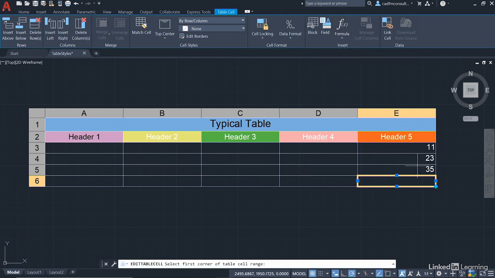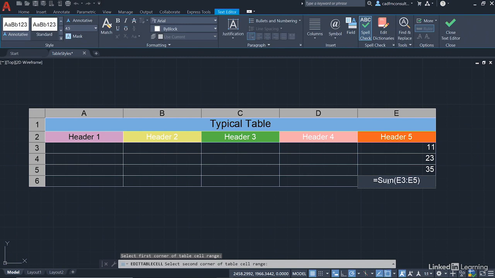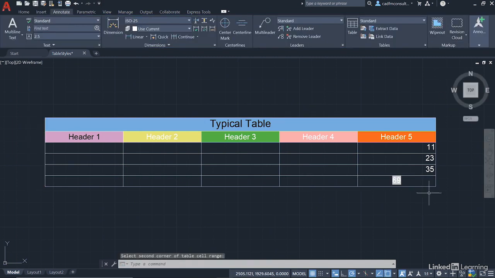And what I do is I highlight the cells that I want to add up. I simply click and drag and click again. And you'll notice that the equation is exactly the same as it would be in something like Microsoft Excel. So when I now close the text editor, it adds them up, but it puts it in the middle, and it's got this little masking bit behind it purely to let you know that it has a formula against it. That masking won't appear when you plot the drawing that has the table in it.